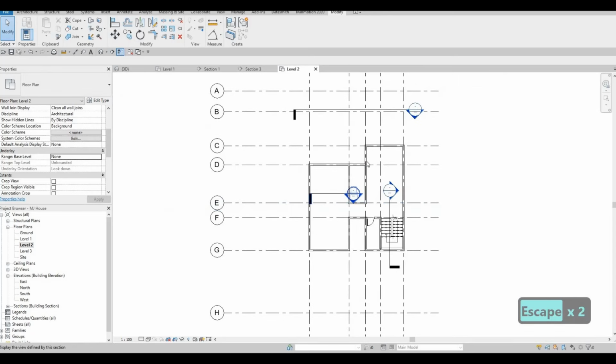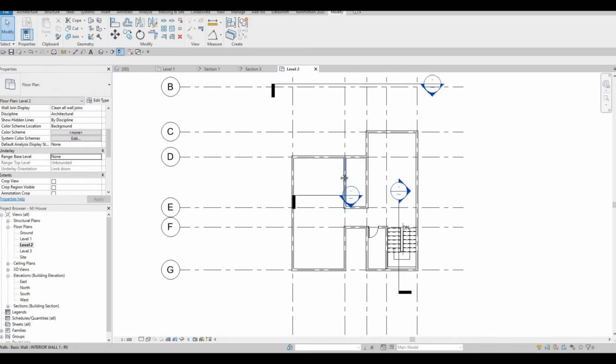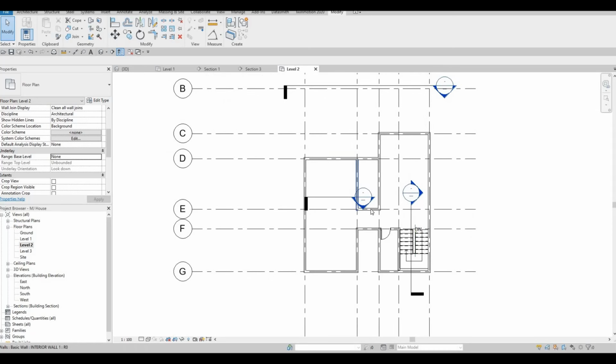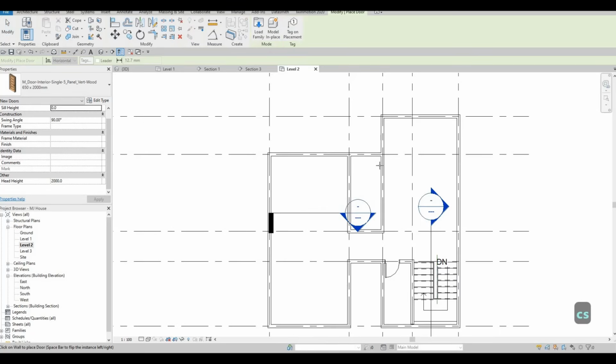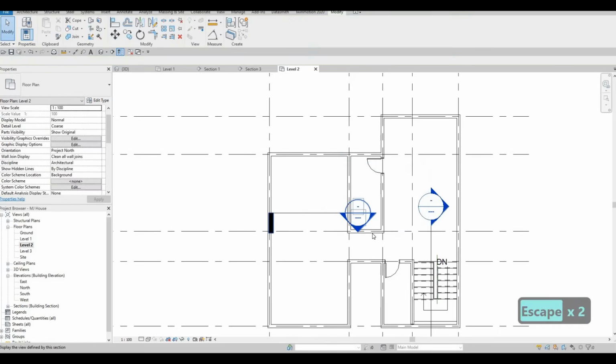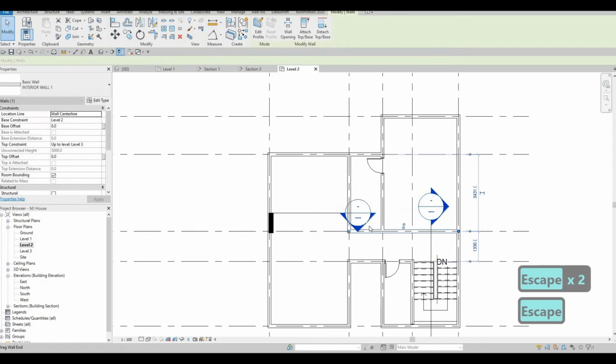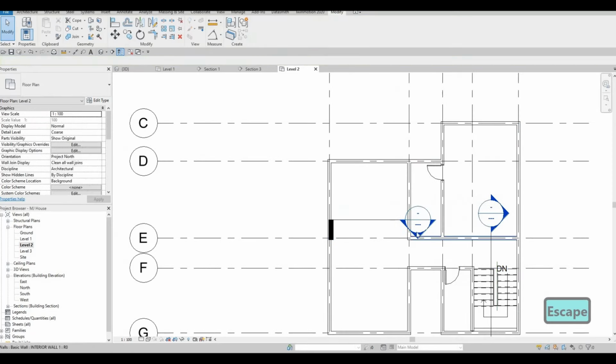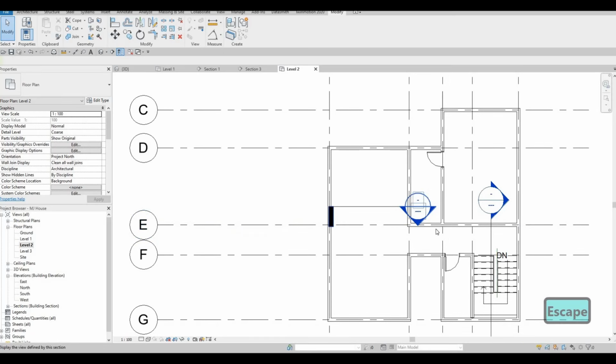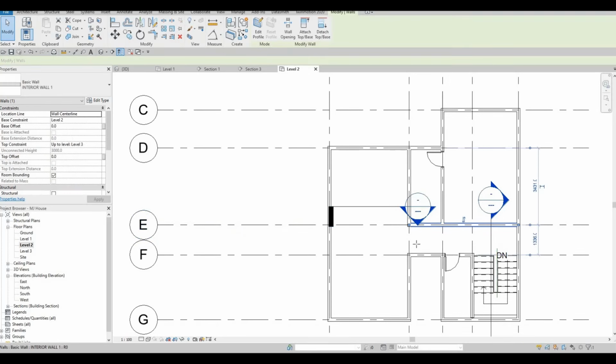So as you can see, we have a wall right here. This is the interior, and then I close this off. We could add the door right here on this side, and then we could extend this now all the way right here. That's the corridor, and then select this one as well, CS,